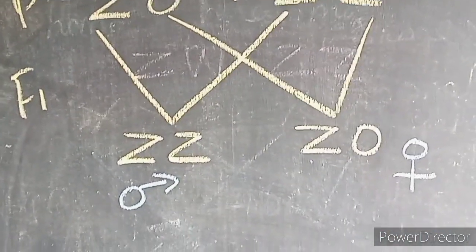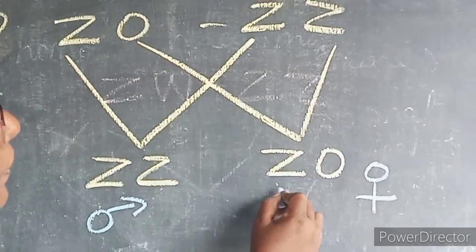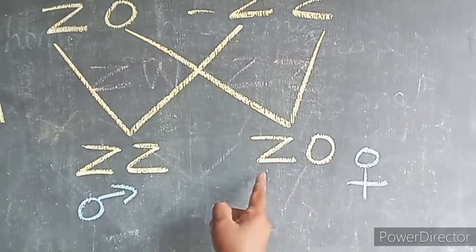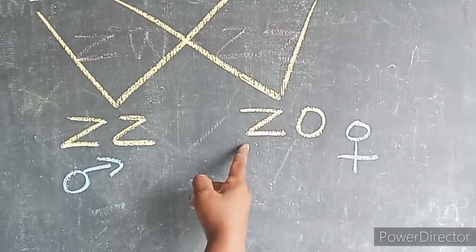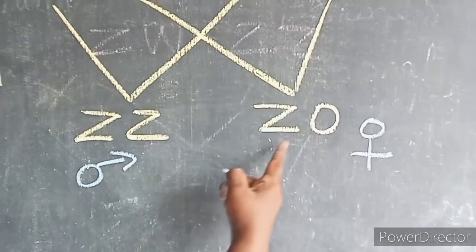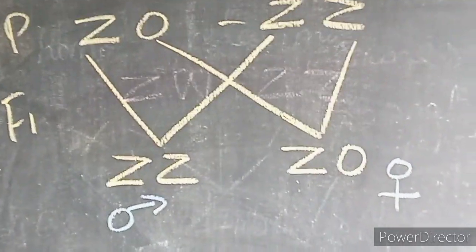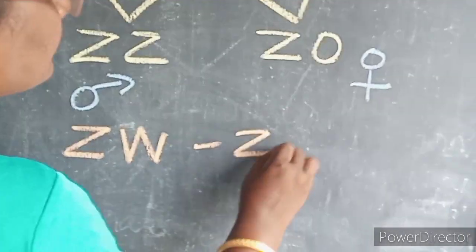So according to the topic heterogametic females, if the gametes are having two dissimilar gametes, ரெண்டு gametes-மே வேற வேற இருந்துச்சுன்னா, ஒரு Z chromosome, ஒன்று O chromosome, அல்லது without the Z chromosome, ரெண்டு dissimilar gametes இருந்துச்சுன்னா, then it is a heterogametic female. Then the same topic only, next we'll see with the ZW and ZZ type.